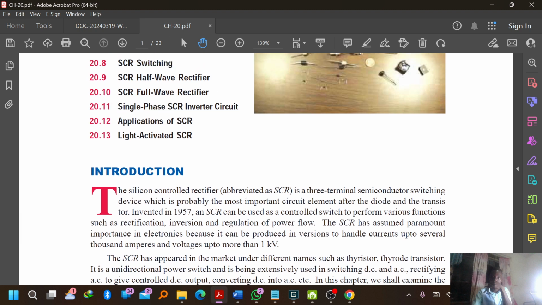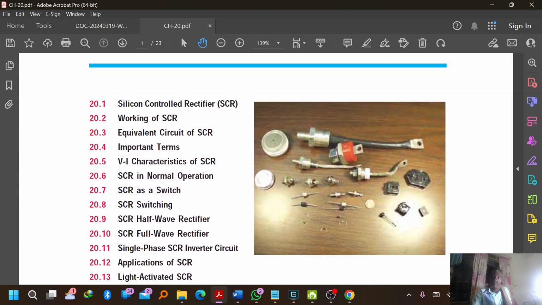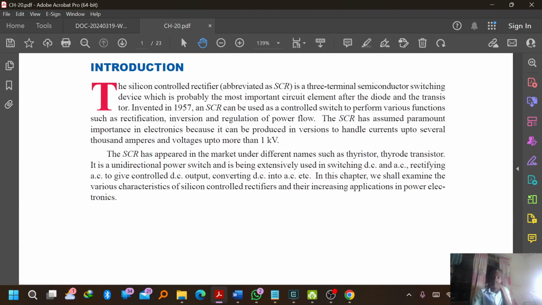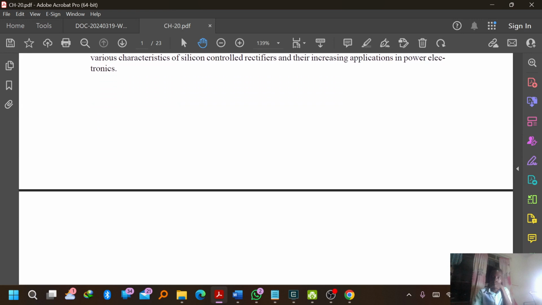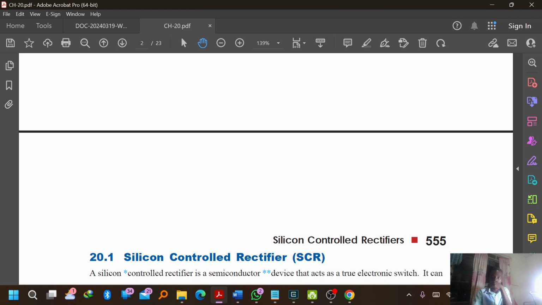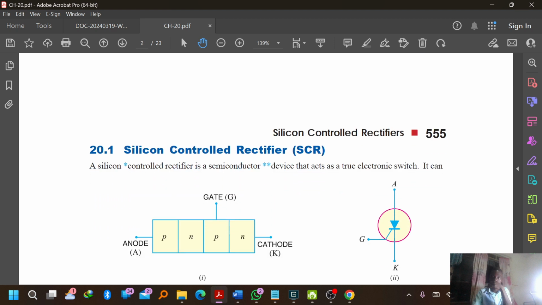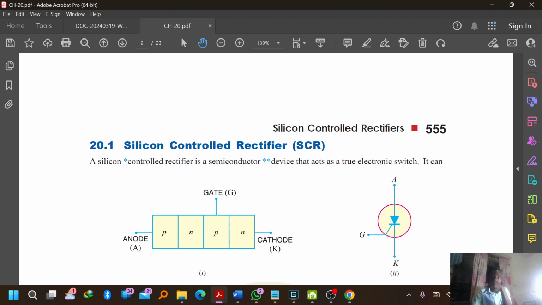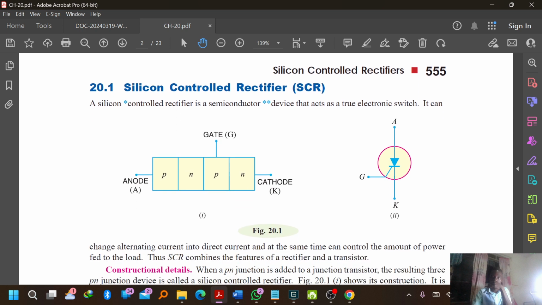Briefly, that is what we are going to talk about this evening. Maybe if I get time, I'll go back to the full wave rectifier, but I want to finish the thing of half wave rectifiers once and for all. We'll see how they function, and then we shall talk about also the full wave rectifier. So first and foremost,